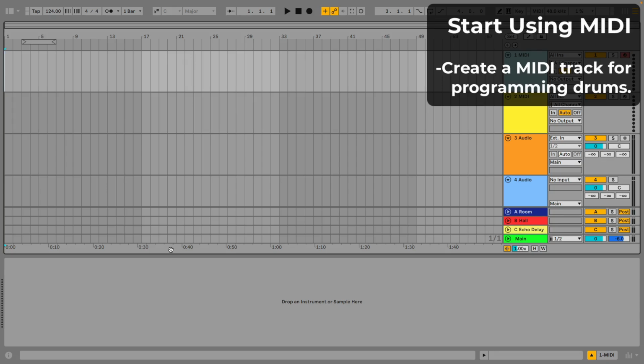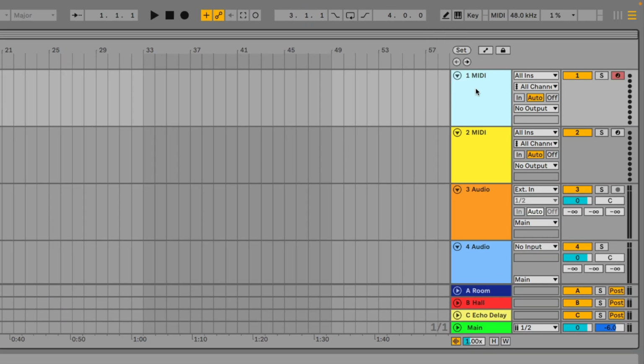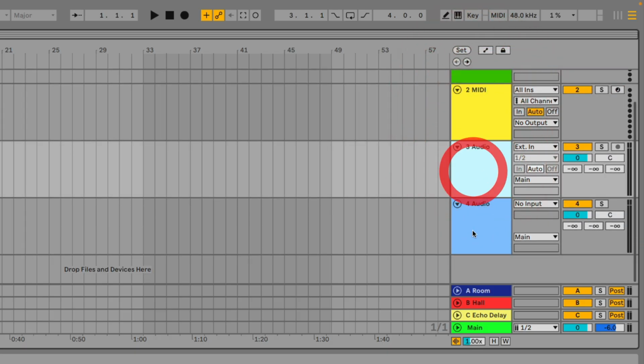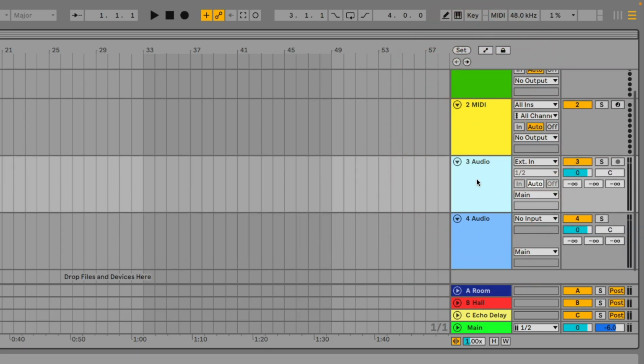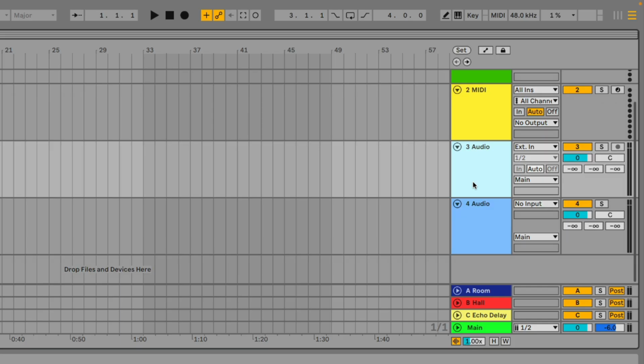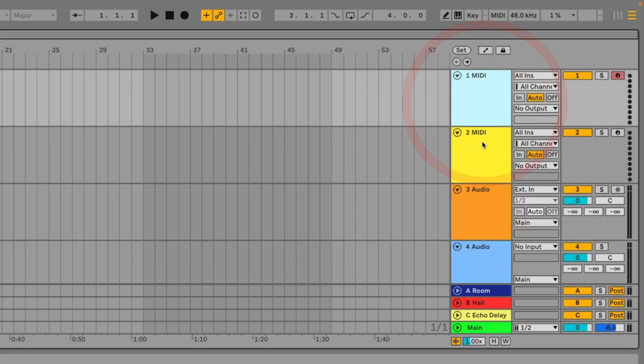Let's start by talking about MIDI tracks and getting started using MIDI. So the default Ableton Live project contains two MIDI tracks and two audio tracks. And audio tracks, as we've seen, allow us to load audio samples onto them, recorded samples, loops, things like that. MIDI tracks, in opposition to that, are going to allow us to create clips that will trigger MIDI notes on